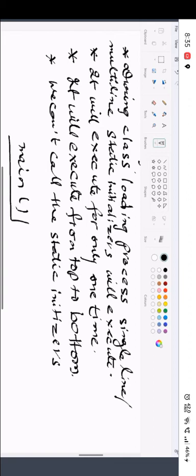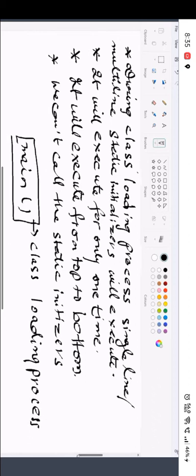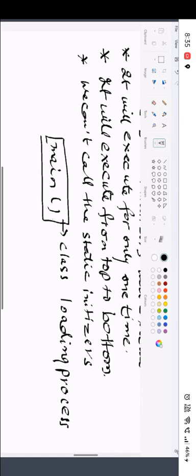So before your main method gets executed, what process will be done? Your class loading process will happen. So memory will be given to each and every member of the class. And second, what process will happen? Your static initializers